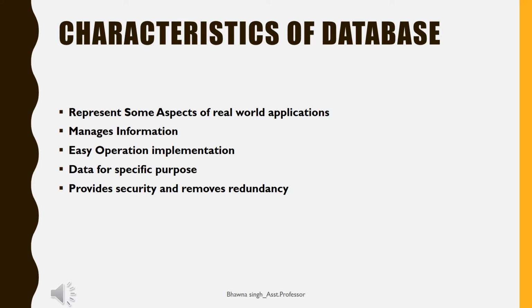What does the term redundancy mean? Redundancy means it removes duplicacy of data. And by using the concept of normalization, it splits a particular table into multiple tables whenever its attributes have redundancy in values. And in terms of security, it also provides many features